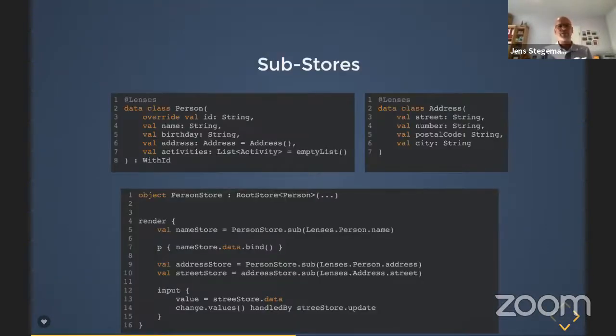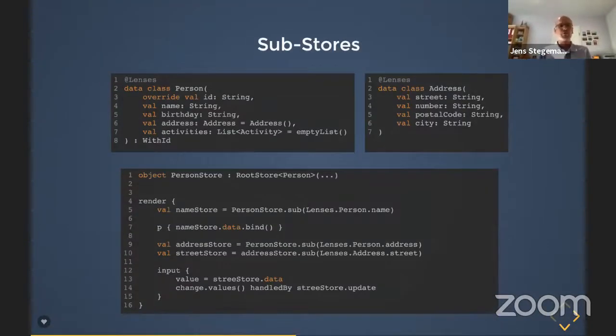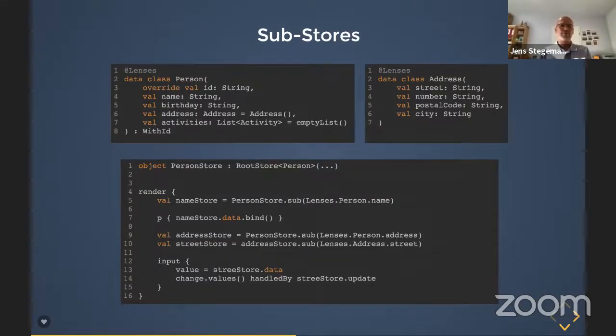Of course, you can have quite more complex data models. Like in this example, you have a person, and the person has, for example, an address. And the address, again, has some properties like street, number, postal code, and so on. And now you have a person store, like you've already seen with the string, exactly the same. And by just calling a method called sub, you can create a substore for every property you want